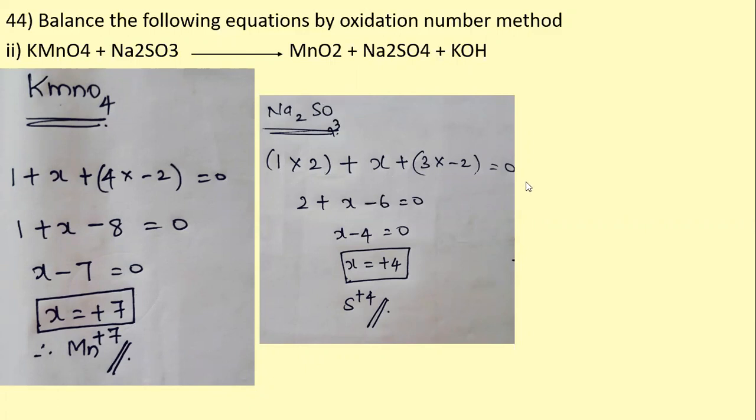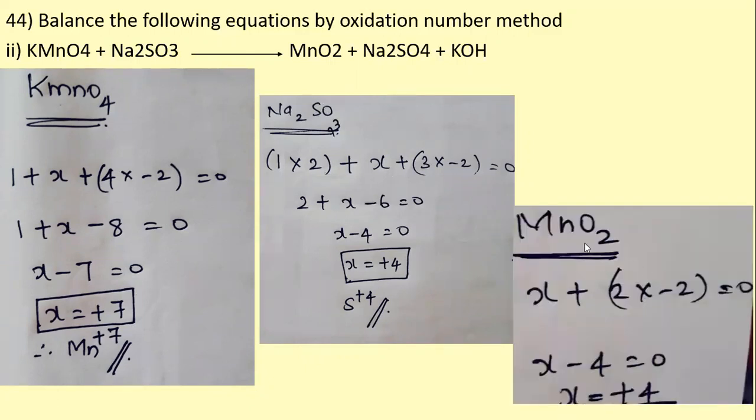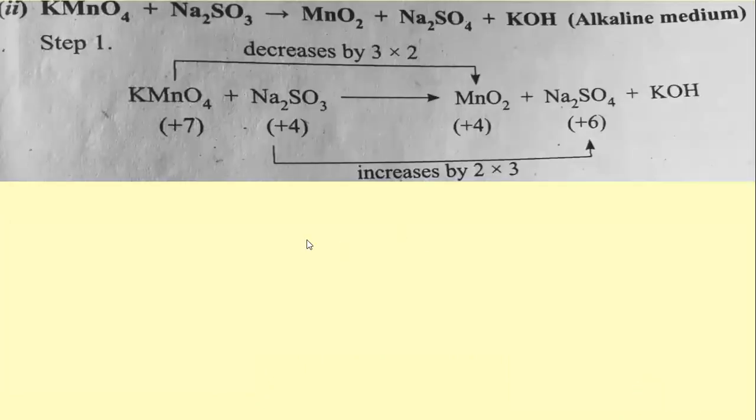Okay. See, in the next step, next will be the MnO2. Here this will have the oxidation state of +4. That is, this manganese will have the oxidation state of +4. Okay. See, now we'll go for the first step. Here also the same. We have to calculate which will be the oxidation and which will be the reduction reaction here. Okay. See now this KMnO4, Na2SO3.